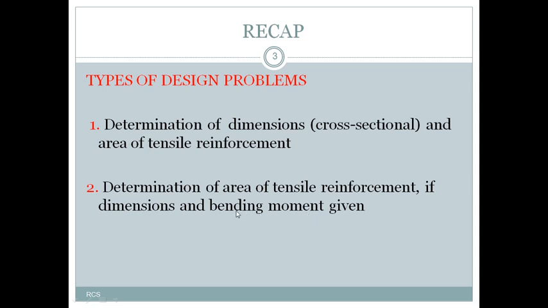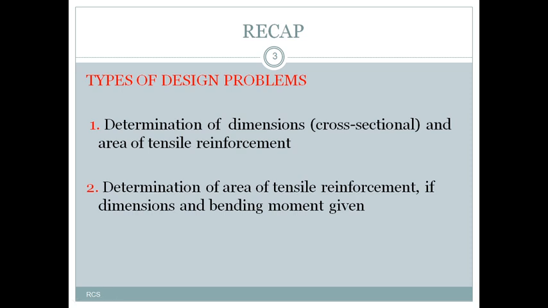By equating the factored bending moment and the limiting moment of resistance, we can decide whether Mu is less than Mu limit; then we can say it is an under-reinforced section. If Mu is equal to Mu limit, I can say it is a balanced section. If Mu is greater than Mu limit, then we can say it is an over-reinforced section. So if you get an under-reinforced section according to those rules, then for the under-reinforced section we have